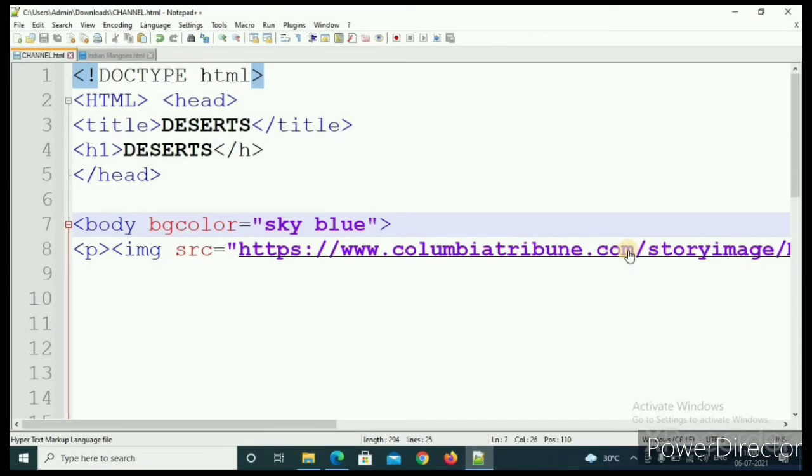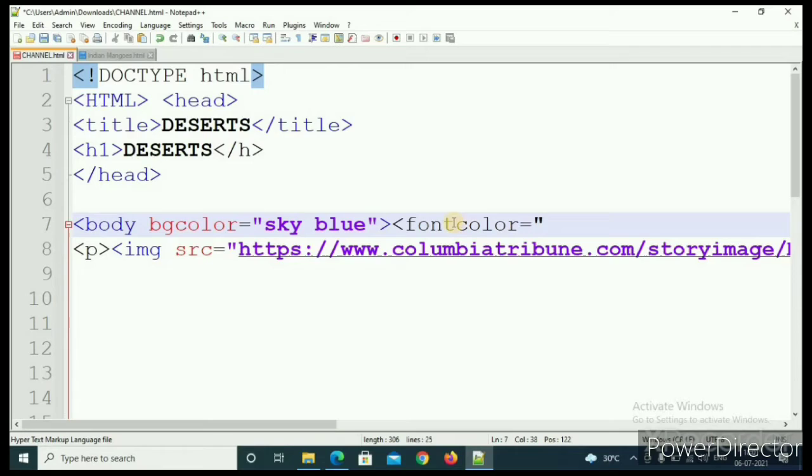Then I will give some description, some types, and some more about deserts and all. But before that I want to change the font color. So I will open it and then type font, then color equal to.